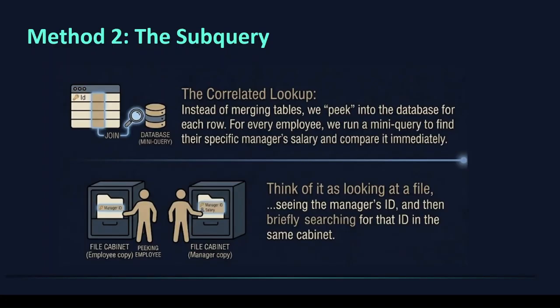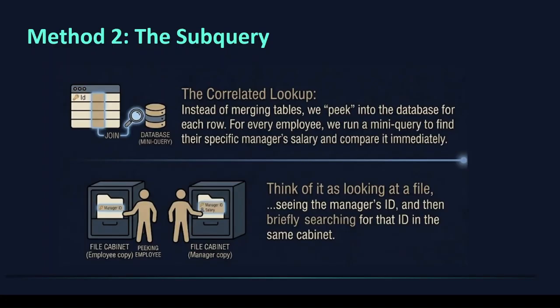Now let's look at an alternative method which uses an entirely different logic pattern, called a correlated subquery. Instead of duplicating the tables and laying them side by side, imagine you're reading the original table row by row with a magnifying glass. Look at Joe's row. You see his salary is 70,000 and his manager's ID is 3. You hold your finger on Joe's row, quickly jump down the table to find ID 3. You find Sam, who makes 60,000. Then jump back to Joe's row and make the comparison. In data analytics, this is called an inner lookup or a subquery.